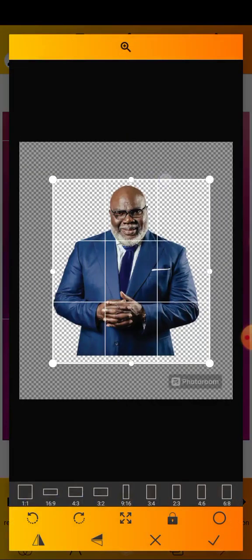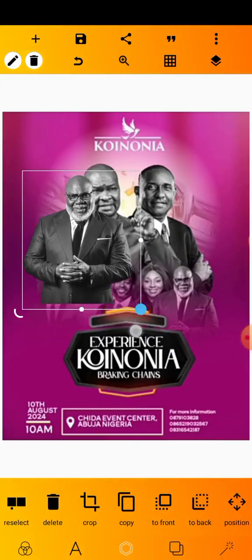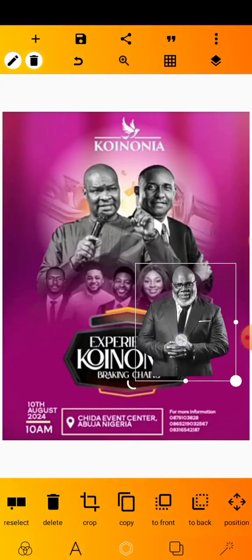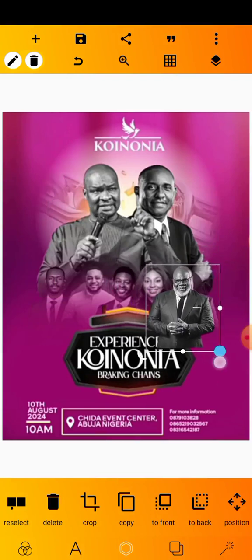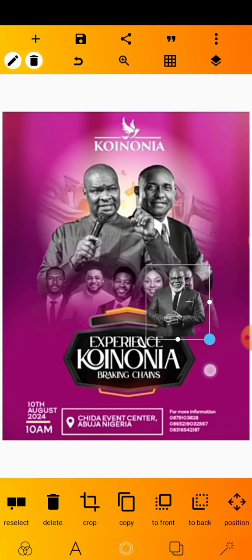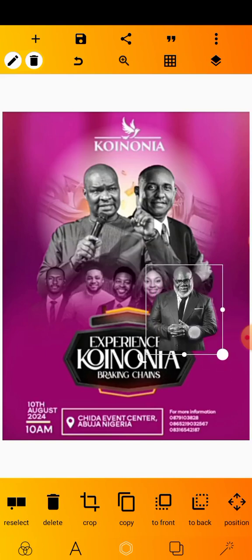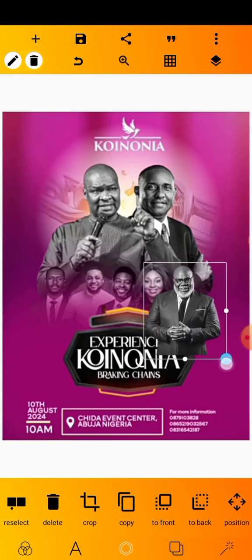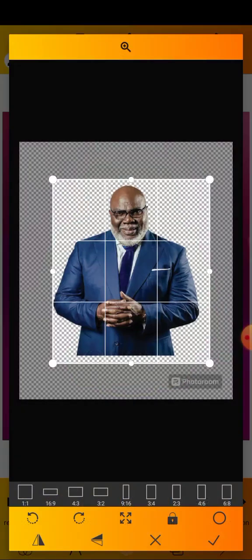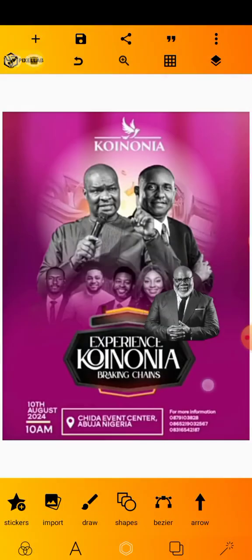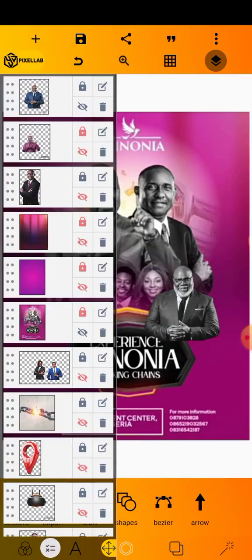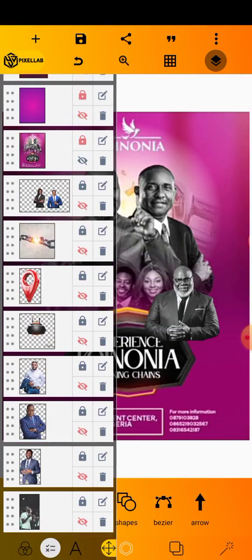Sorry for the background noise. Drop this guy like this, reduce it. Also increasing it small, it's almost similar to this. You can also take him up, come up, use your crop tool to adjust it. Sorry, that's a circle logo. Something like this. The next element we are going to be working on now,